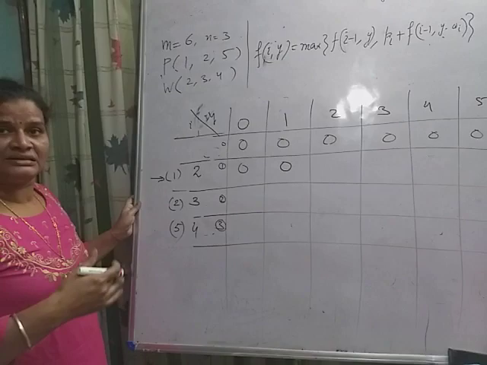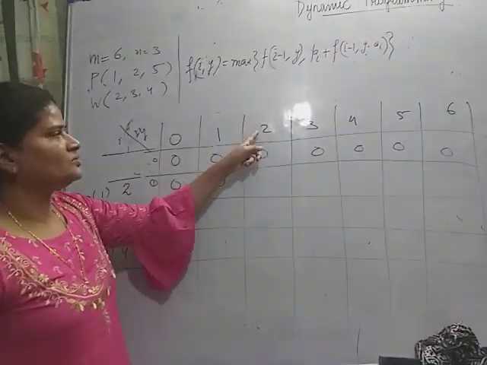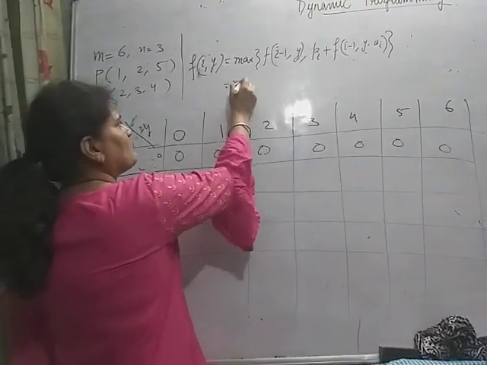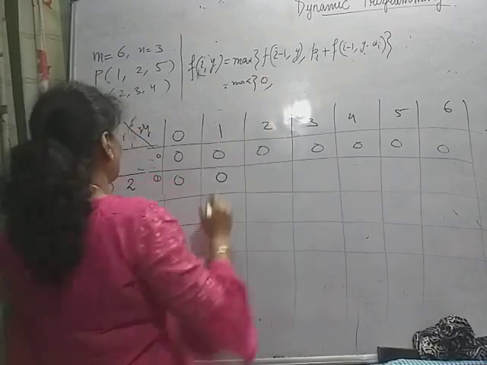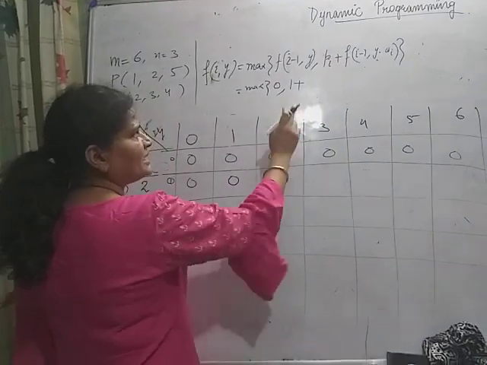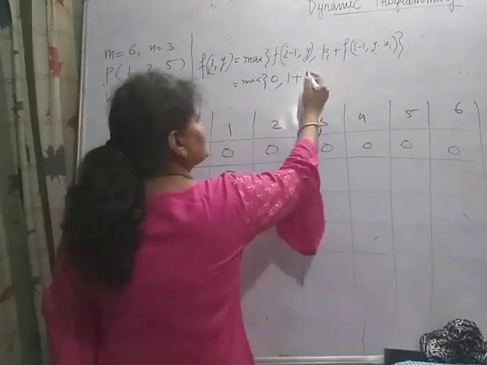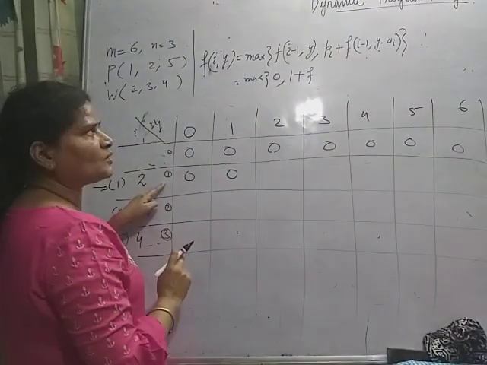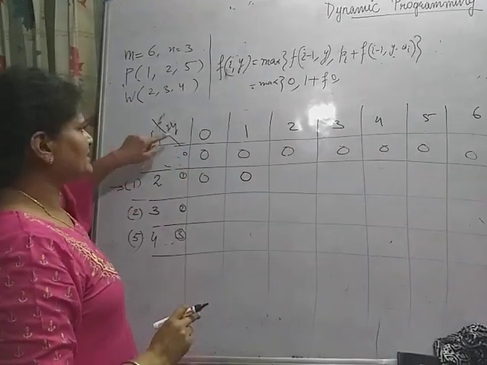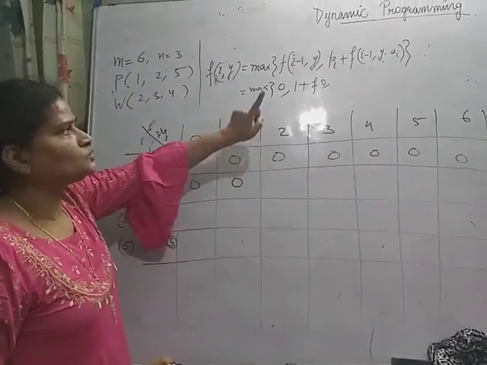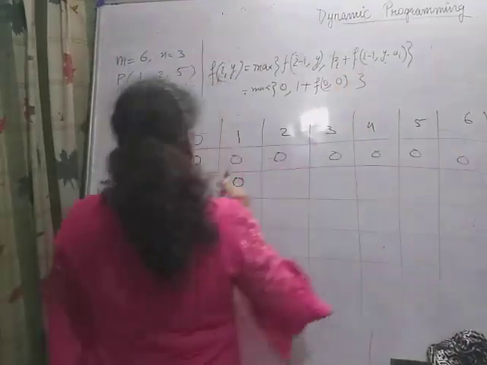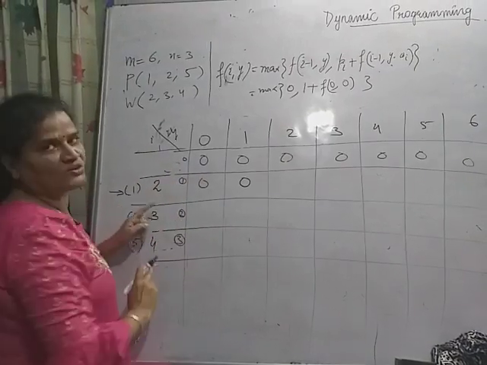So here as I am taking the decisions in the reverse order. Now 2, so 2 can be accommodated, so previous weight. So here if we write maximum of previous is what? 0, and if we include this one, so profit earned is 1 plus what? Fi minus 1. I is here what? 1. F0 of y minus w1. So y is here what? Y is here 2. 2 minus w1. 2 minus 2 is 0. F00.